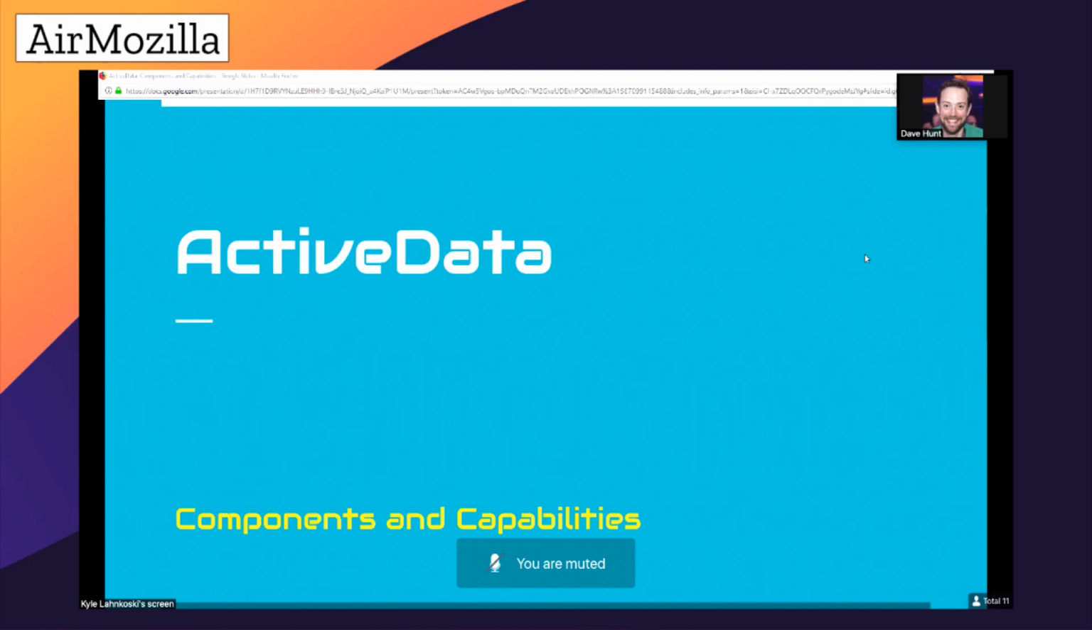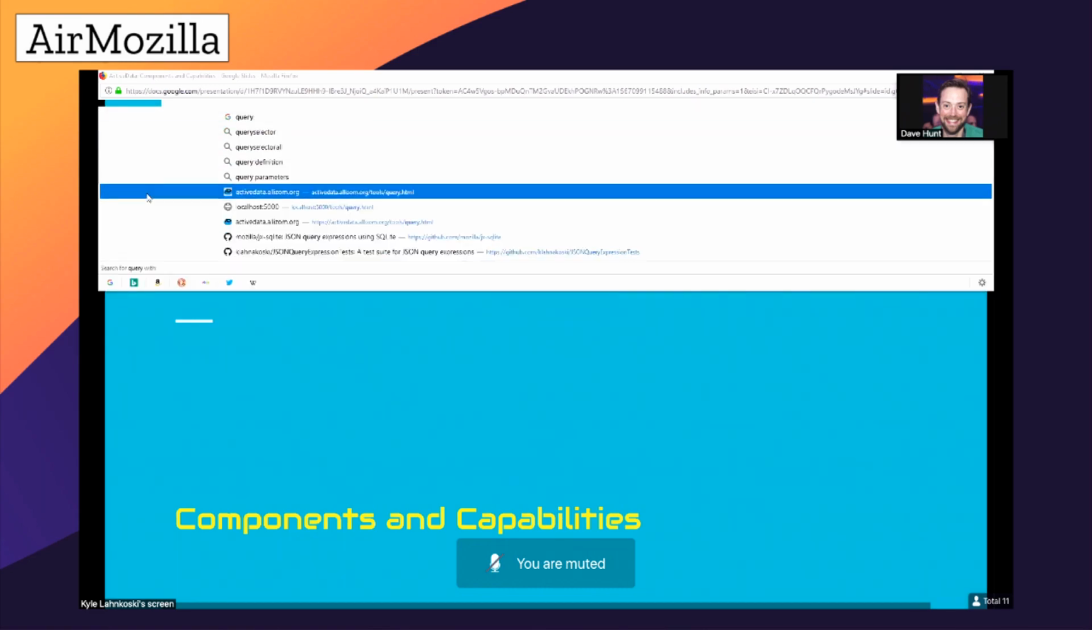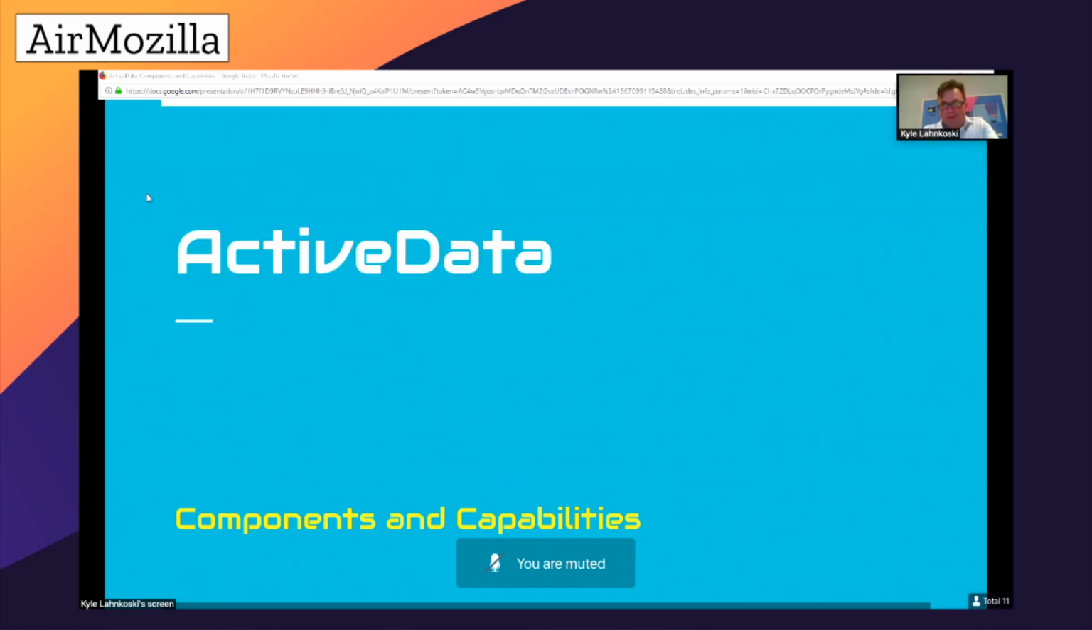Would you be able to give a brief overview of the query page, being able to query ActiveData directly, and maybe also touch on the ActiveData recipes a little? Oh, there is so much. Okay, so